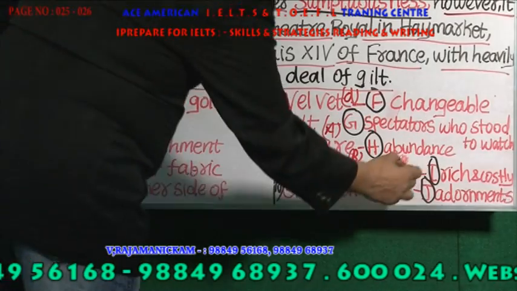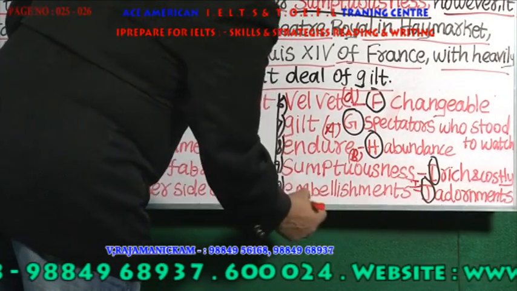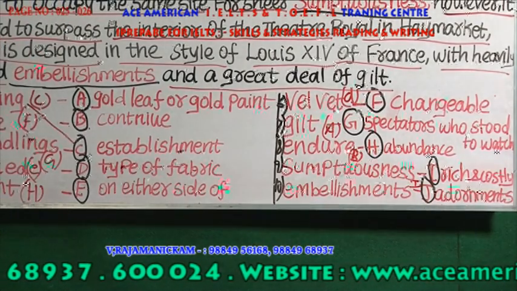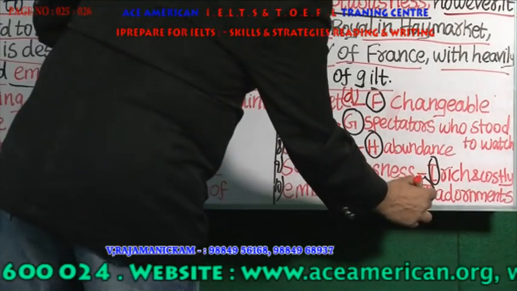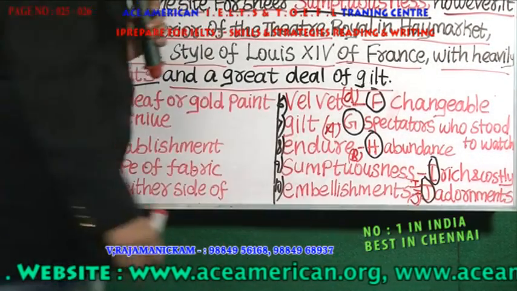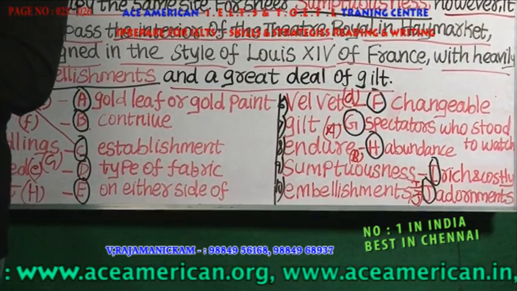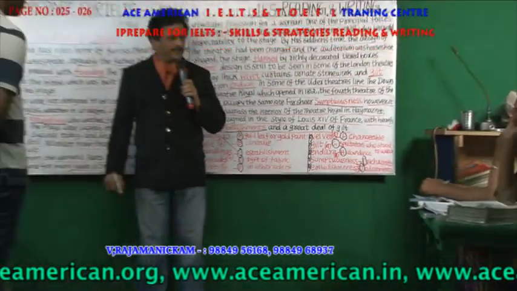So richness, same thing. I. Okay, for embellishment, adornments. J. You got it? So 10 to 10. So international IELTS